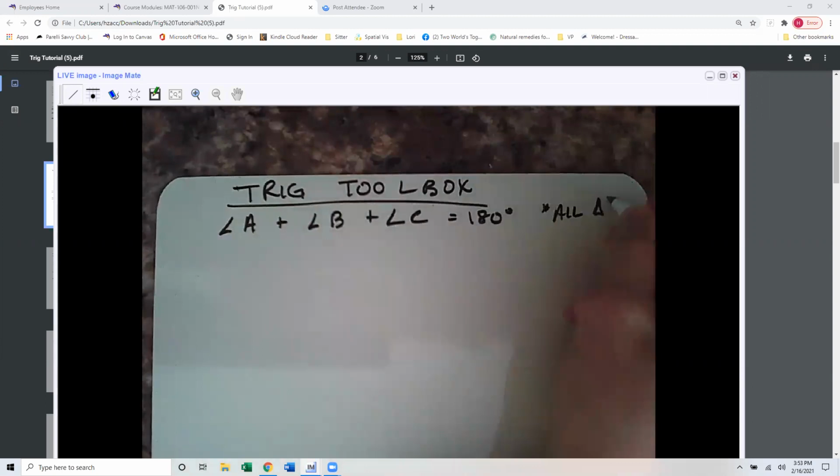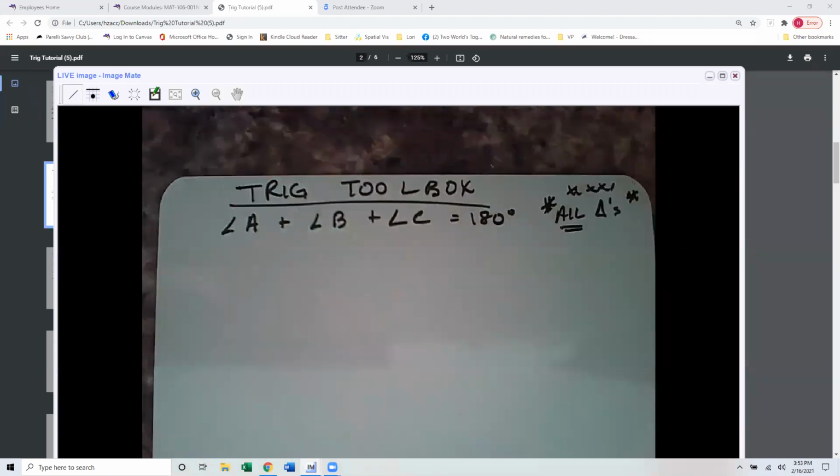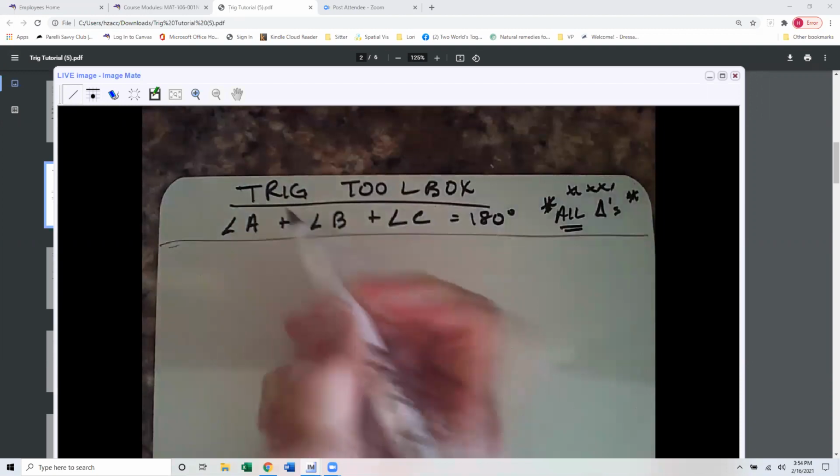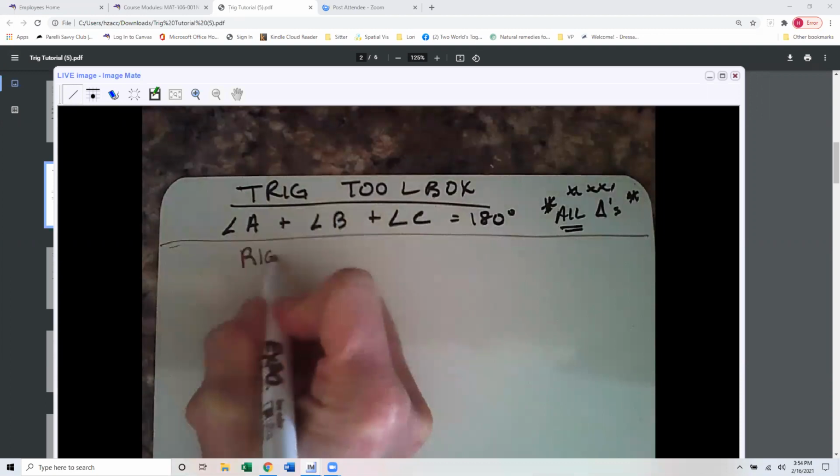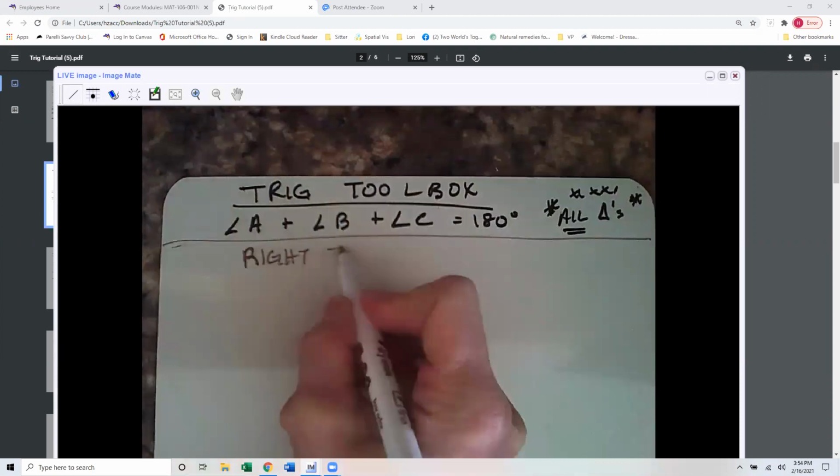So just stars calling our attention to the fact that it's all of them. A lot of the things I'm going to talk about are specific to 90-degree or right triangles, but this one in particular is for all triangles. So then we're going to switch gears just a touch. That's all of them. Now let's look at things that apply to right triangles only,